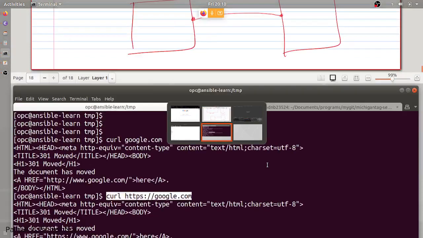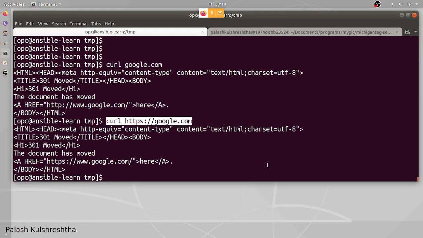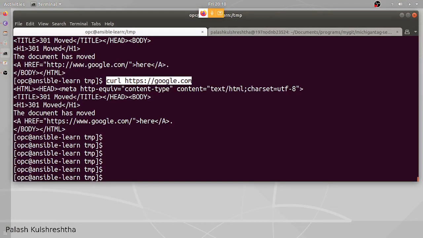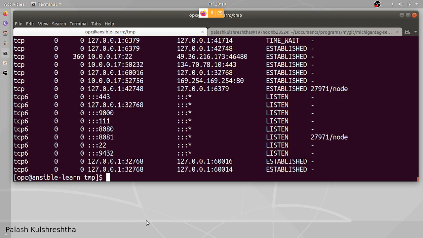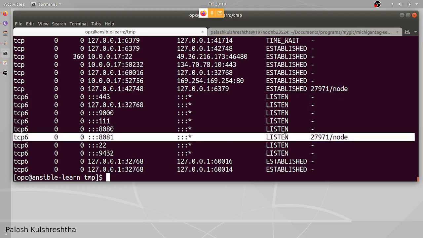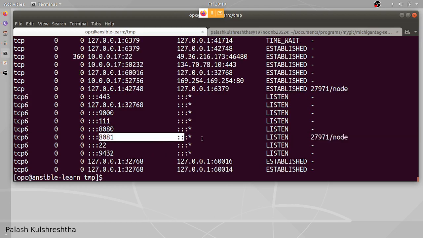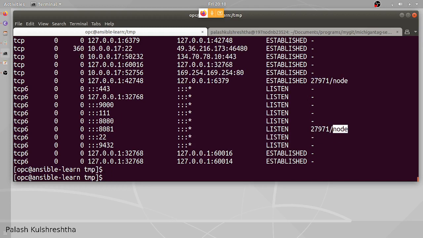We have also got the information on how to check what process is running on a particular port through the netstat command. For example, you can see that on port 8081 a process is running with PID 27971 and it is giving me node. Let's find out what piece of code is running on 27971.